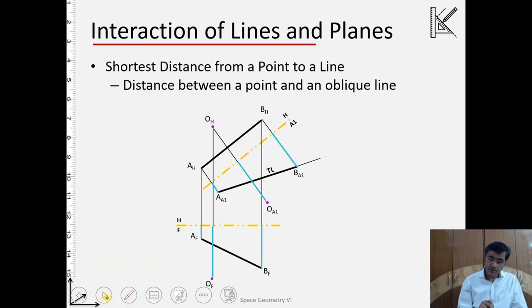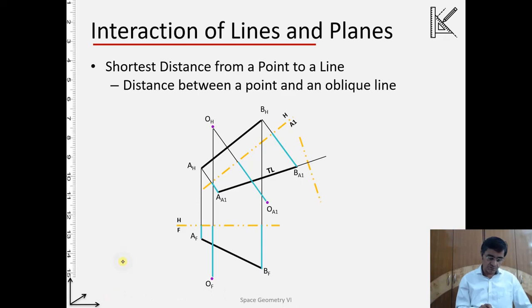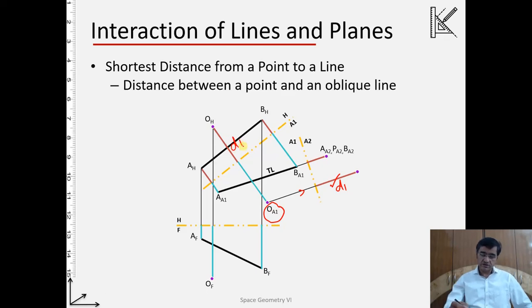let's go further. We will be able to generate now the point P of this line. So for that we take another auxiliary plane, and that is A2. If you project it on A2, I will have the point P of line AB, and as well as the point O will be projected here. So this distance D1 is equal to distance D1 here. Now in this case the things have changed. This has become A3, while this is A2 and this is A1.